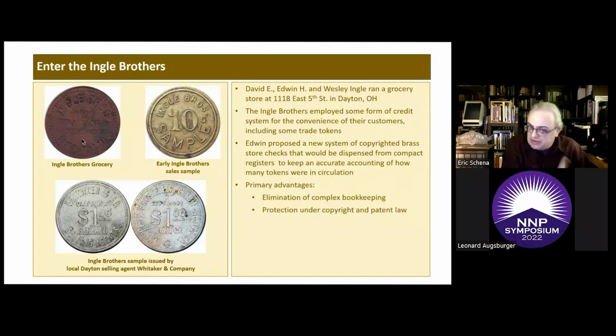And what Edwin started doing was experimenting with various different types of tokens. Here is a sample, a sales sample. It just says Ingle Brothers sample. And these tokens would be very utilitarian in design. They would just have the name of the issuing merchant, the denomination, and copyrighted on them. They would use these tokens